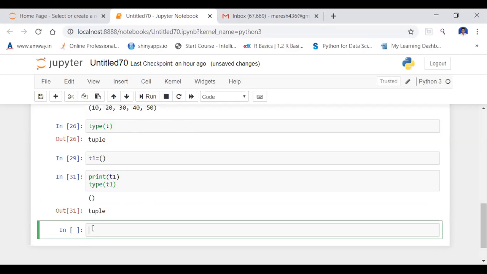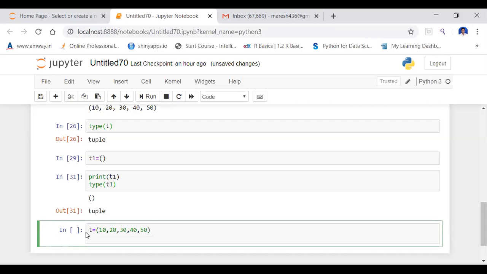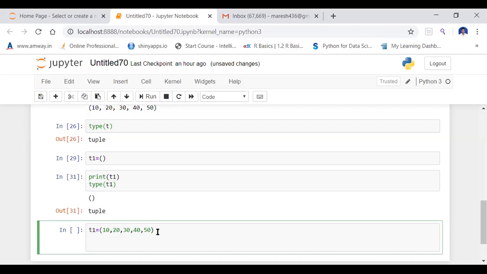Now I am going to do some basic operations on tuples. T is assigned 10, 20, 30, 40 and 50. Let me make it T1 and access the T1 elements.